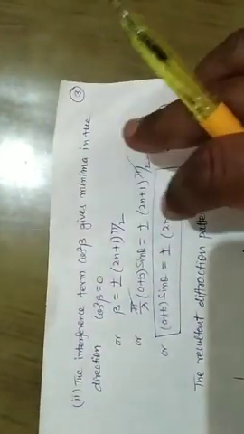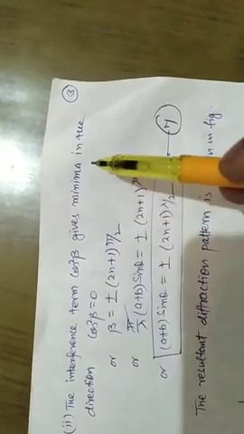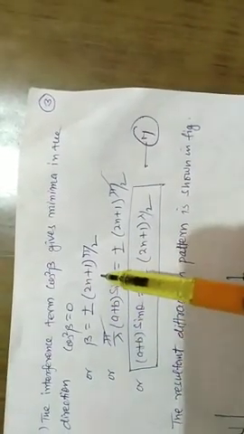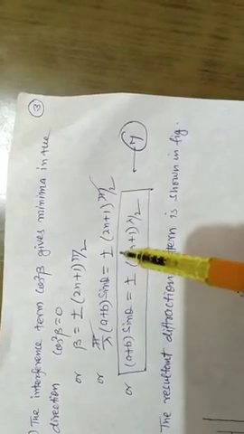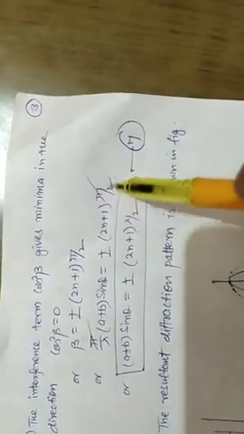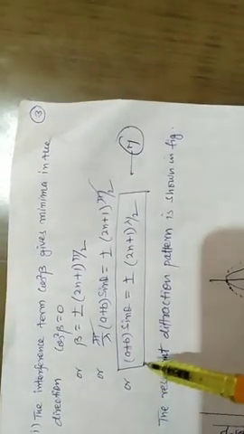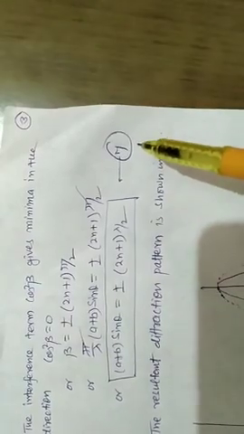Now the second condition: cos square beta, the interference term, gives minima in the direction where cos square beta is equal to 0, or beta is equal to plus minus (2n plus 1) pi by 2, that is pi upon lambda (a plus b) sin theta is equal to plus minus (2n plus 1) pi by 2, or finally we get this condition of minimum: (a plus b) sin theta is equal to plus minus (2n plus 1) lambda by 2, equation number 7.